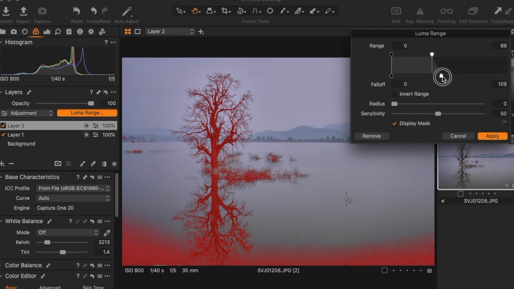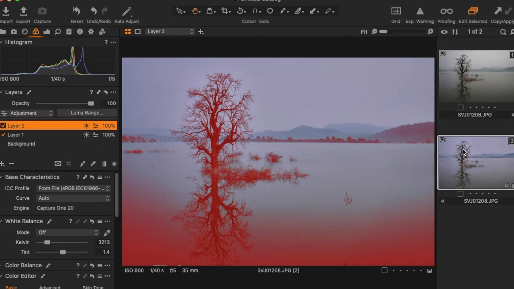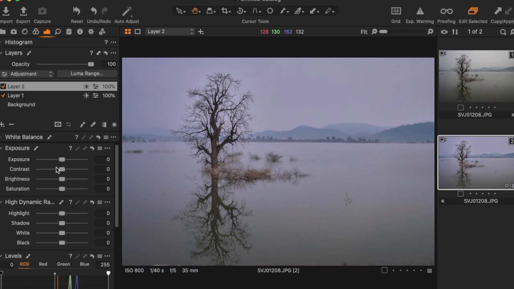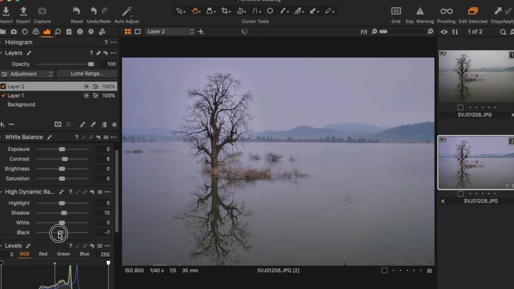not selected. Now we'll increase the fall off to make it a little bit smooth. This is fine enough. Again hit M to hide the mask. Now we'll add contrast. So let's first go to exposure tab, increase the contrast a little bit, pull up the shadow to bring out detail, reduce black point, again to give contrast,